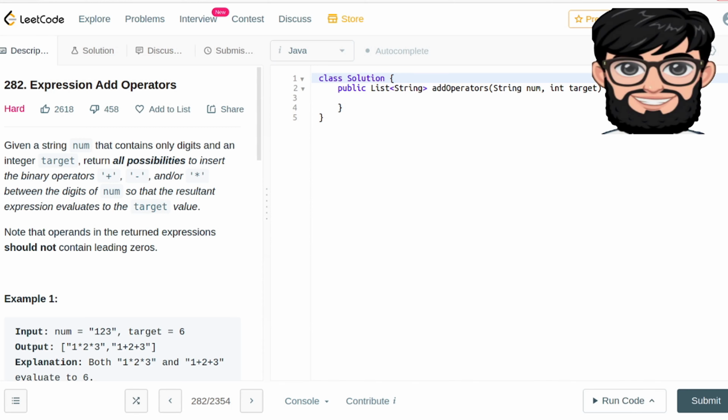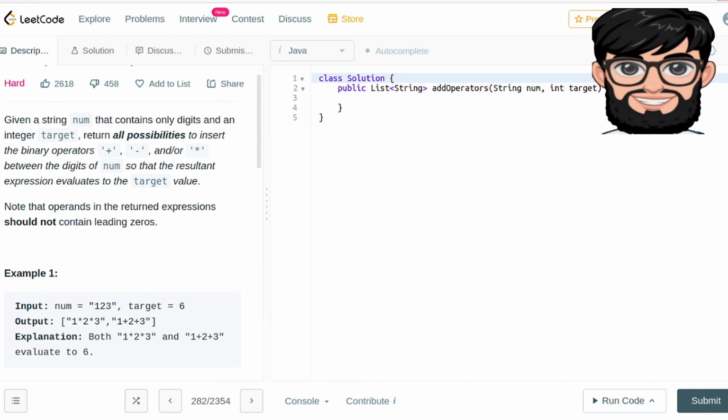Today we're going to be working on LeetCode question number 282, Expression Add Operators. So we have been given a string num that contains only digits and an integer target. Return all possibilities to insert the binary operators plus, minus, and/or multiplication